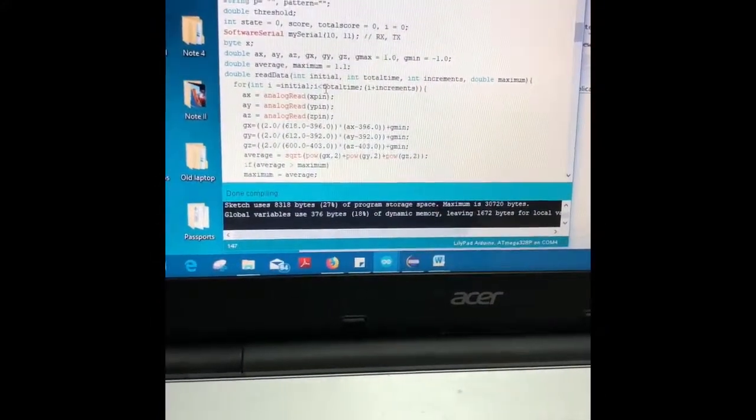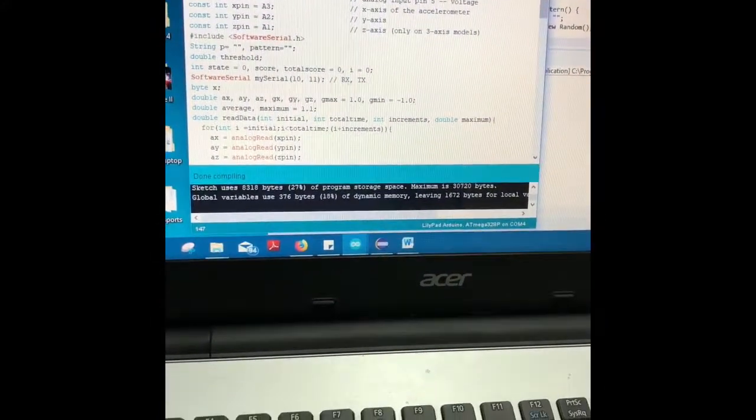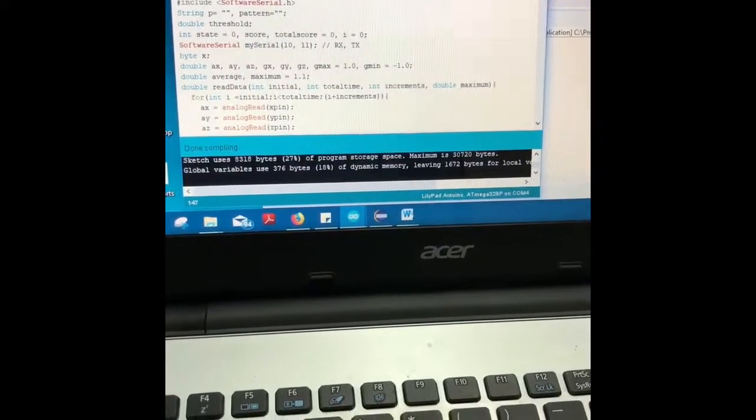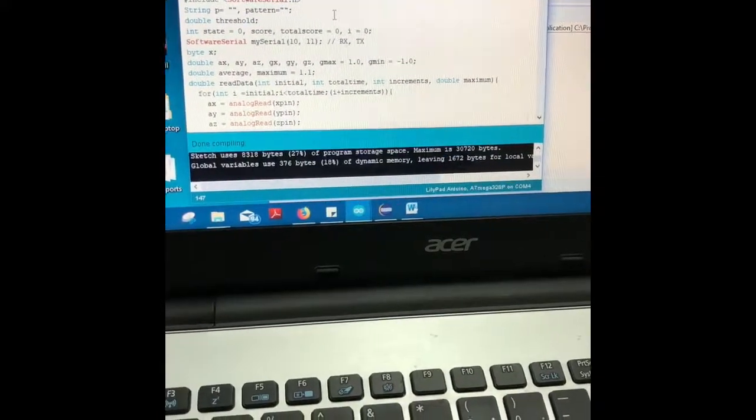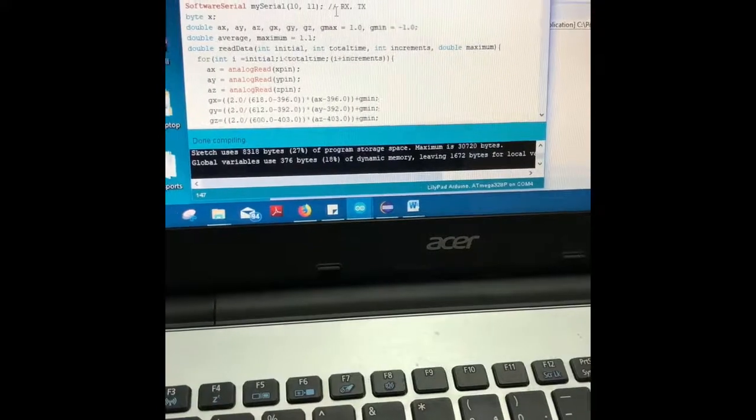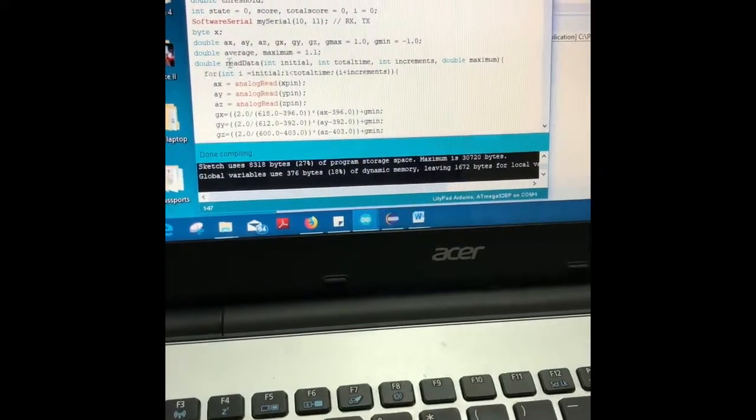So let me show you some parts of the code. So here is the Arduino code. We started by initializing the variables for the X, Y, and Z pins, and some other variables that we are using to calculate. This function actually